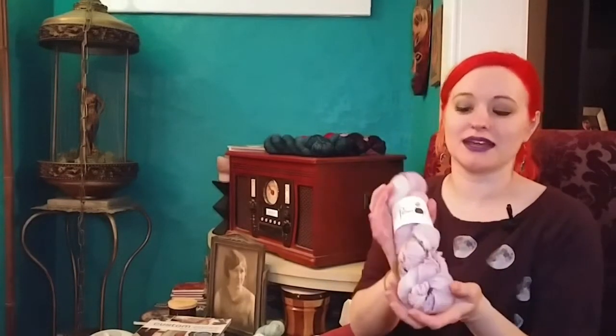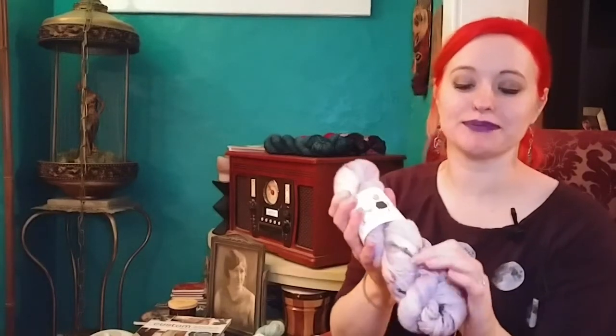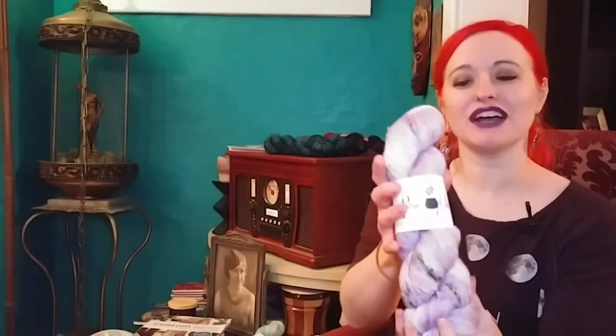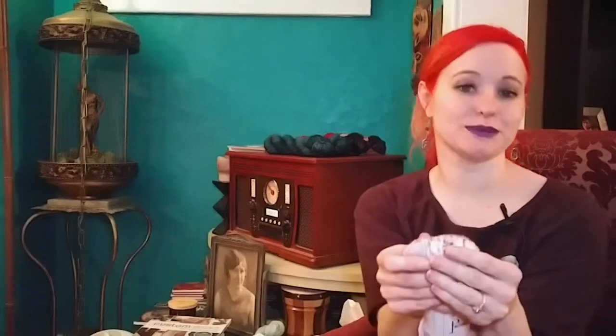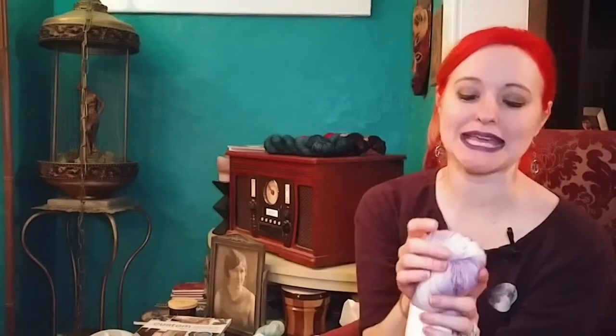This is from my shop, Potion Yarns, obviously. And the Foxy, if you guys can see that, is a really great 2-ply. So if you are familiar with spinning terms, this will not be new to you, but in case you aren't